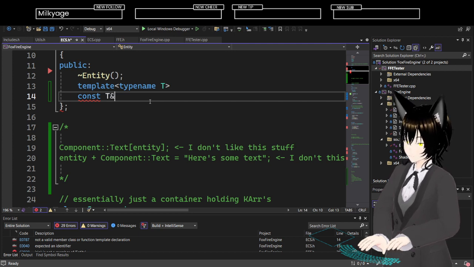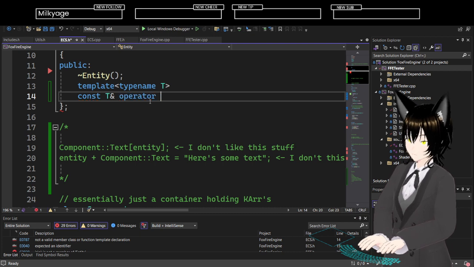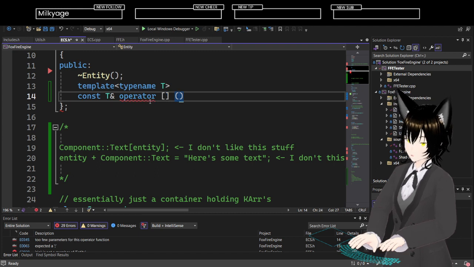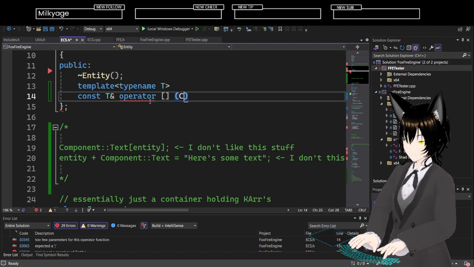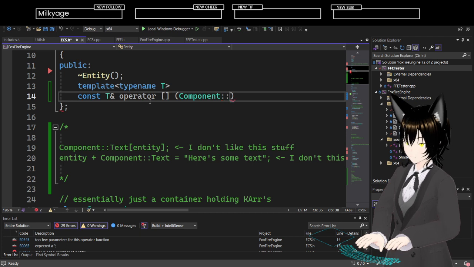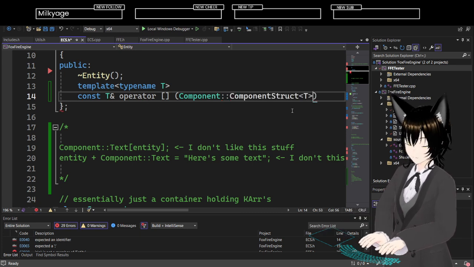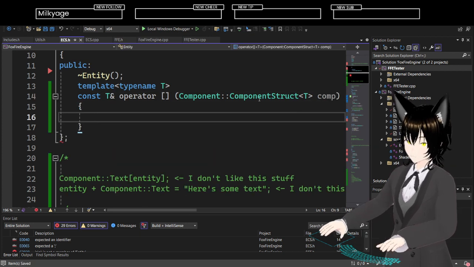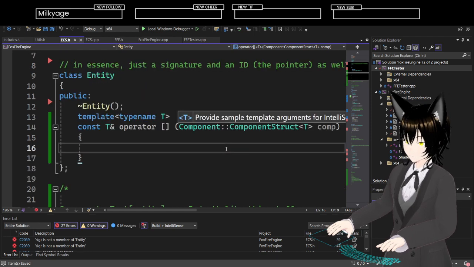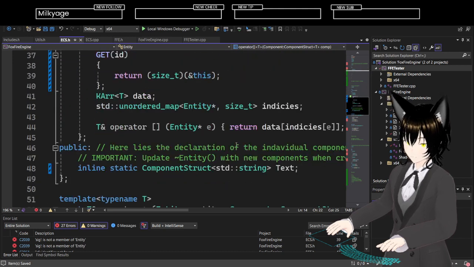T reference operator, and this is components, component struct type T comp. Should be able to just do this, and then it should be able to return whatever it is, right?